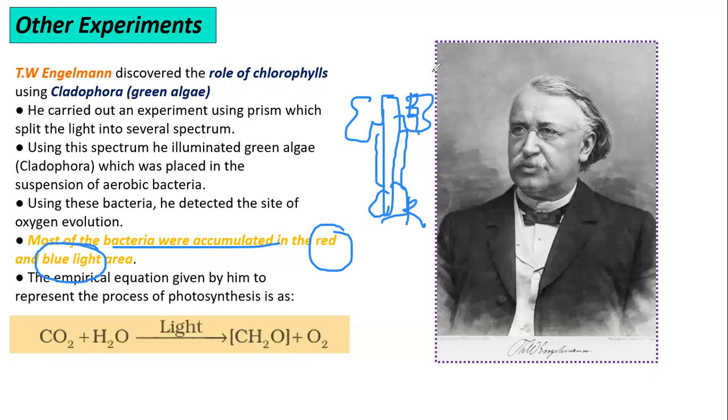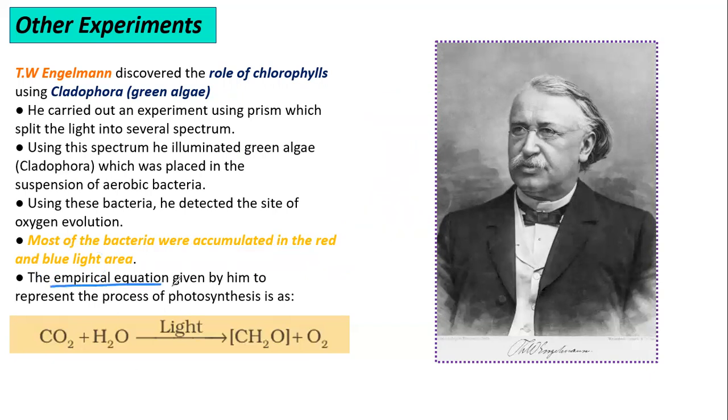Clear? And he also proposed the empirical equation of photosynthesis. Empirical equation, that is not balanced. You might have studied in the chapter a small concept about empirical formula and molecular formula. So he said it's a sugar, but he could not find out which sugar; it was Julius von Sachs who said that it is glucose. So a component N should be multiplied with this to get the final product. Okay, so what was the empirical equation? They'll ask you to balance the same as well.